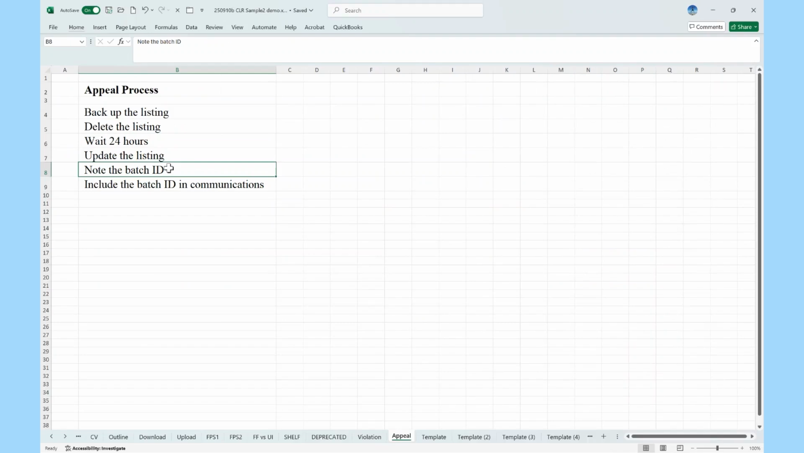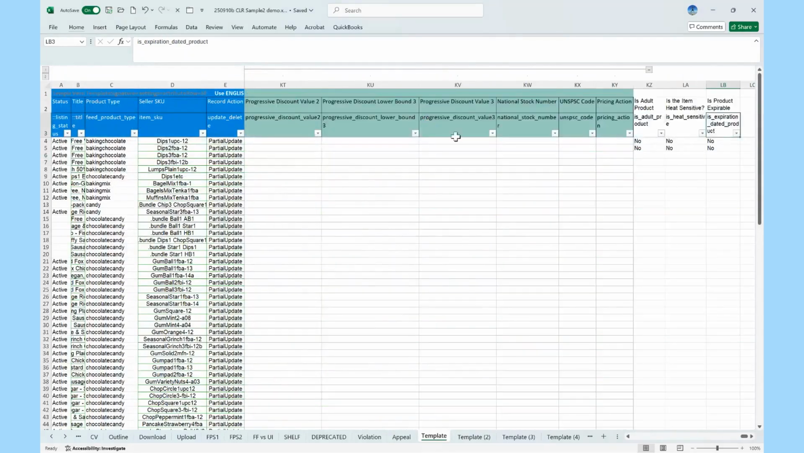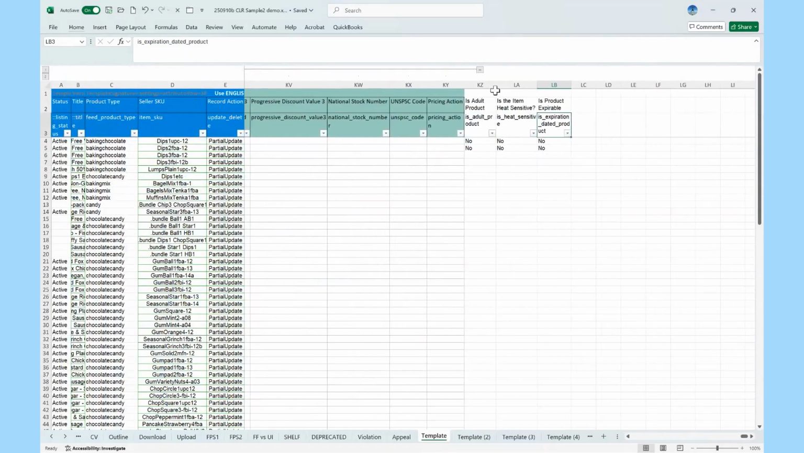So it gives you a reference to what you've done, and that is critical for them to process your appeal and approve it. So that's another really major benefit of using flat files. One maybe final thing that I will bring up that might be helpful is that when you fill out your